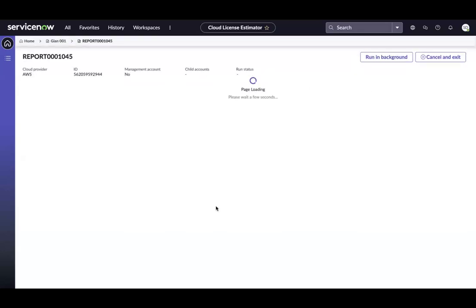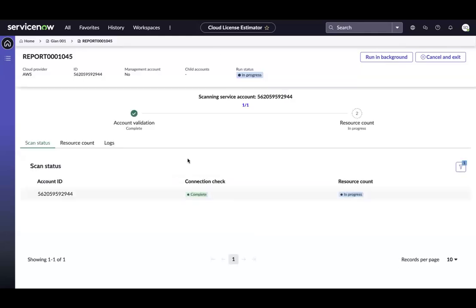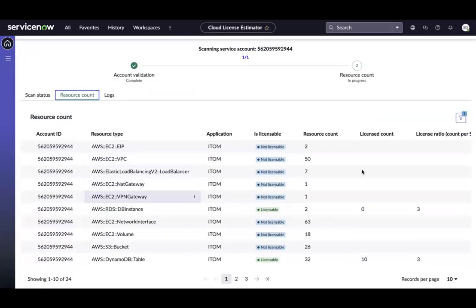So you'll be prompted out to this UI where you'll see, first of all, whether the credentials that you want to leverage are valid. In this case, the connection check is checking exactly that. Have you provided me with the right credentials? And then you have the resource count that is going to be scanning both licensable and non-licensable resources that are within that account. You will see a live pop-up of different resources that are either not licensable or licensable in